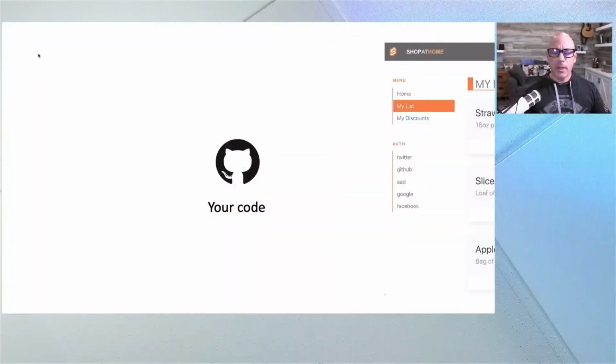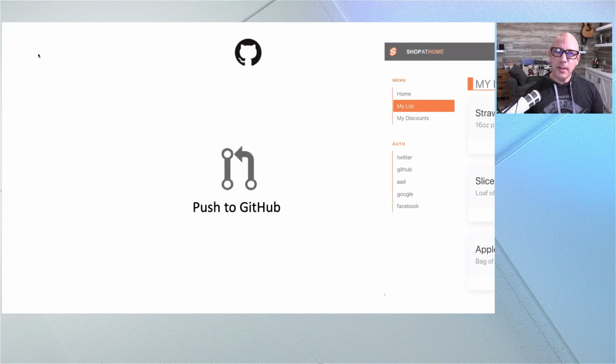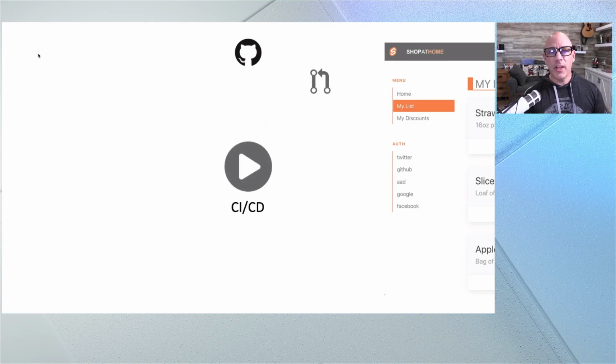So what do you need? You start with your code, and then you need to push that up to GitHub. Pretty easy. And when it pushes to GitHub, you want to make sure it gets deployed everywhere around the web so everybody can get to it. So you want CI/CD to make sure you get the continuous deployment and build of your application out to the